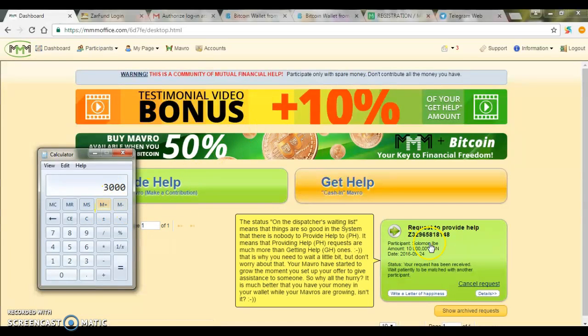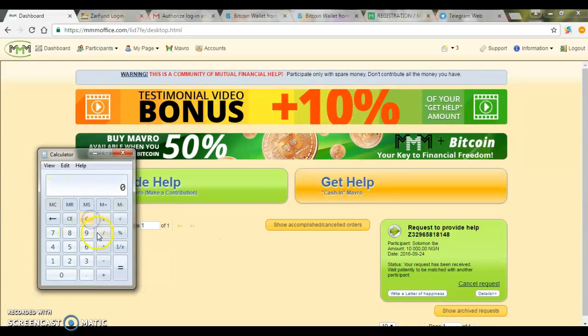Now, how can I calculate this 10,000 naira worth of Bitcoin? All you just have to do, you come here, you click in your 10,000 naira, you divide it by the price at which they are selling Bitcoin at that moment. Say today is 440, say 10,000 divided by 440, you get $22.727, let's say $22.73. Now you further divide this $22.73 by 610, because that's what MMM sells one Bitcoin,